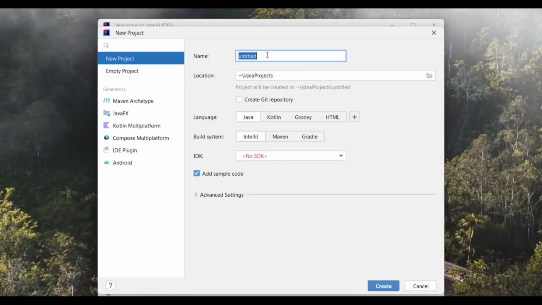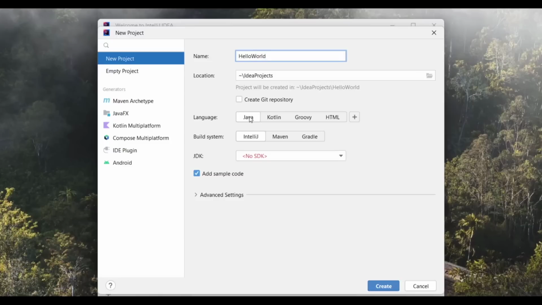And first we have the name, and the name of the project, if it has multiple words, every word should start with a capital letter, and you should not have white spaces. This way of naming is called Pascal case. So I'm gonna type hello and with an uppercase letter world, because we have two words.